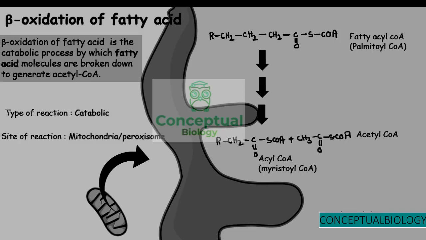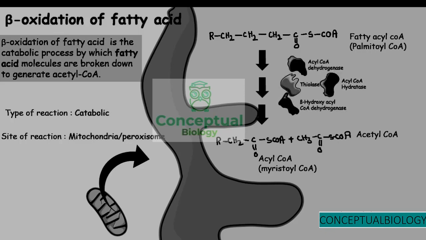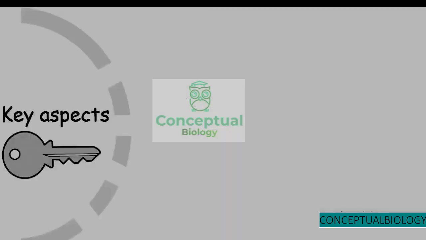The acetyl-CoA that is released can be channeled into the TCA cycle, and ultimately the high energy compounds that are produced from the TCA cycle, such as NADH and FADH, can be utilized in the electron transport chain to generate ATP. That's the goal. But looking at the beta oxidation of fatty acid, we have to consider a few aspects, and these